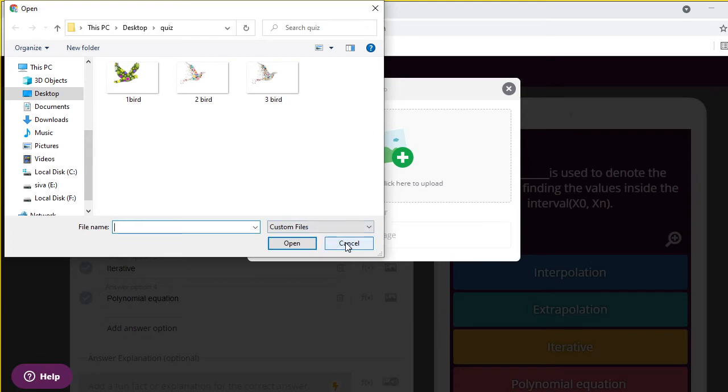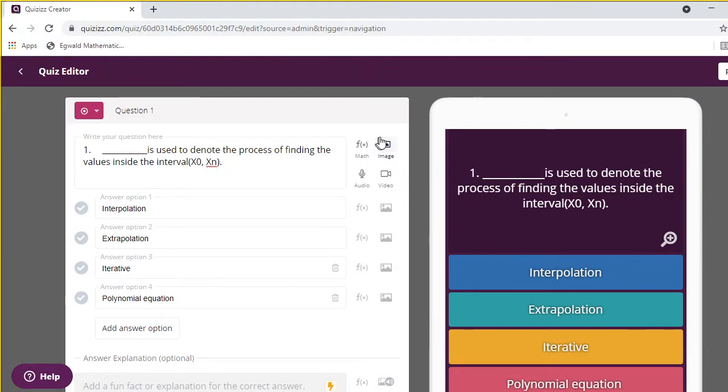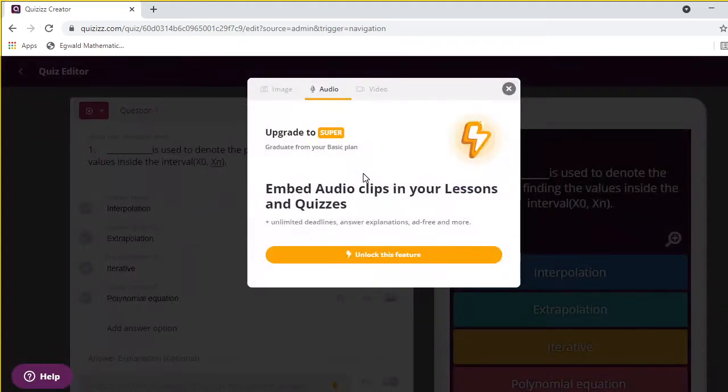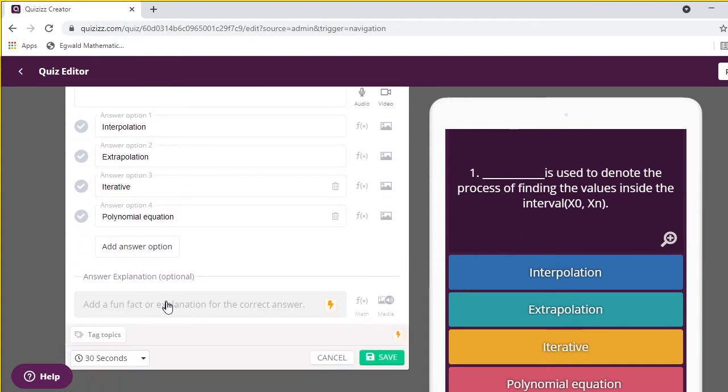So the image we can include using this option, and audio also you can include. Suppose you have some audio clippings, you can include the audio here, and video also. If you want to ask a question related to a video, you can insert the video here. It's a good and a very interesting tool.